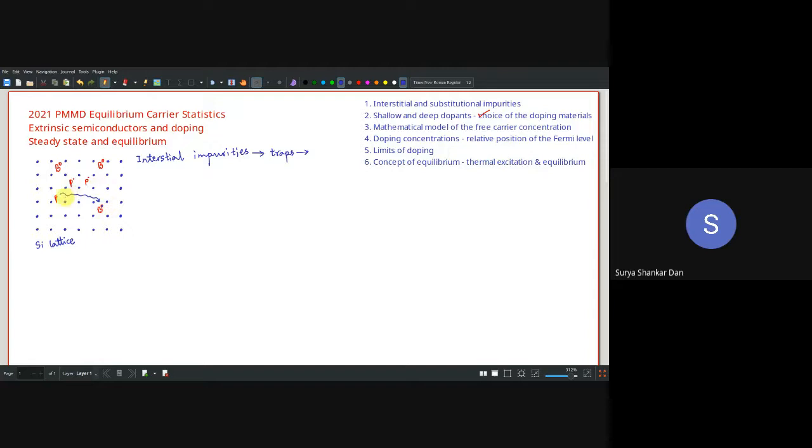So what I'm trying to tell you is that the excess electrons which are given out by phosphorus will not be available for the current. Either we call it traps, or we can be more specific and call it recombination traps. Interstitial, spelling is wrong. Correct. All right, so now this is the situation.